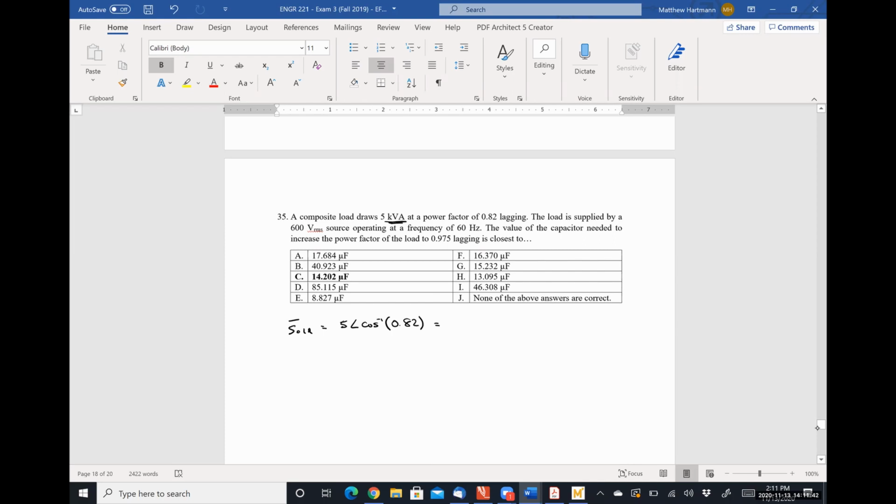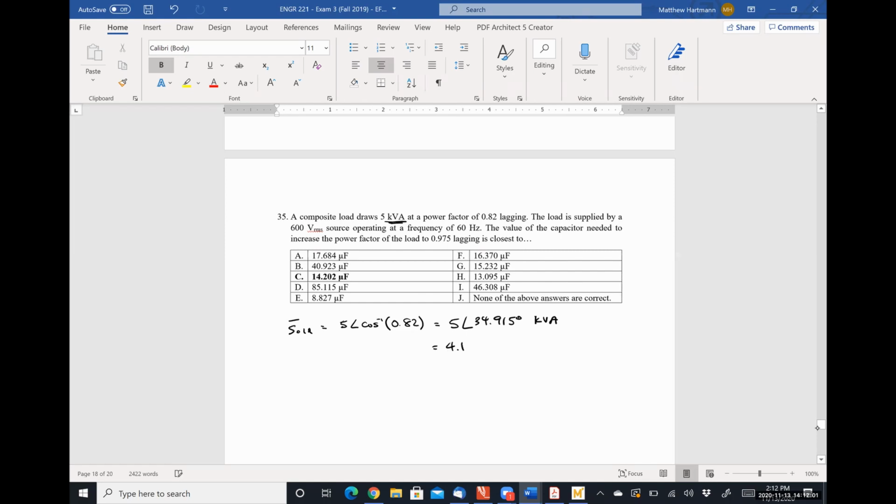Inverse cosine 0.82. 5 angle 34.915 degrees kVA,